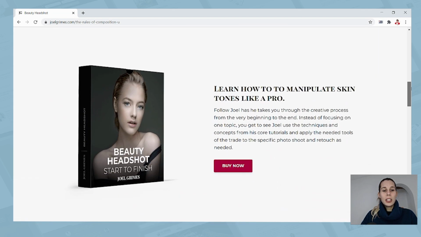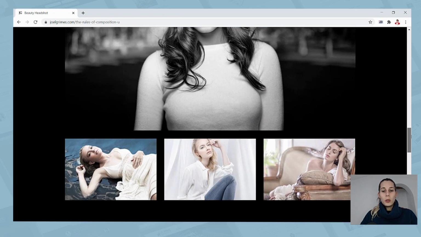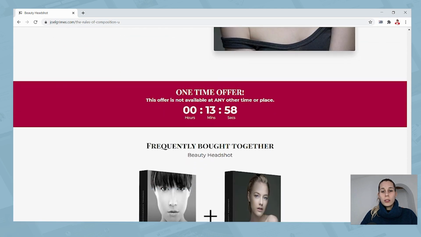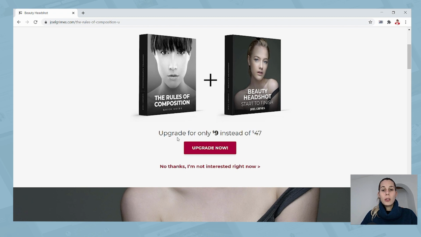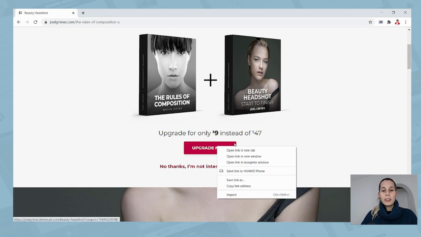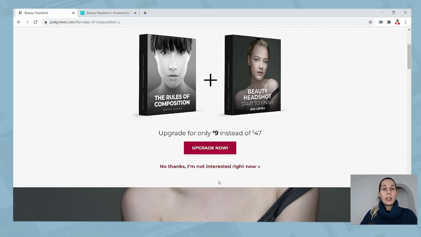Now, further on the page, we explain what the second ebook actually is, what you will learn, another timer, and then another call to action. Now, clicking on the Upgrade Now button brings us to a checkout page, which is hosted on ThriveCart. So if you have access to ThriveCart, that is something that you can totally do from your Thrive Suite landing pages. And if you click on the No Thanks link, I'm not interested right now,